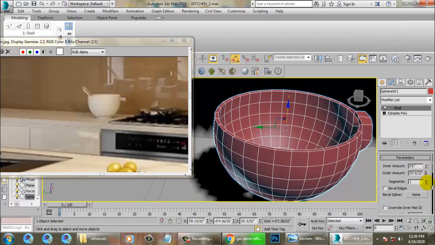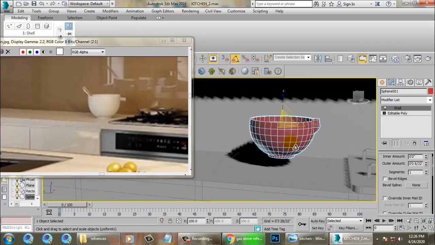So if you want, you can use the IES lights also if required.